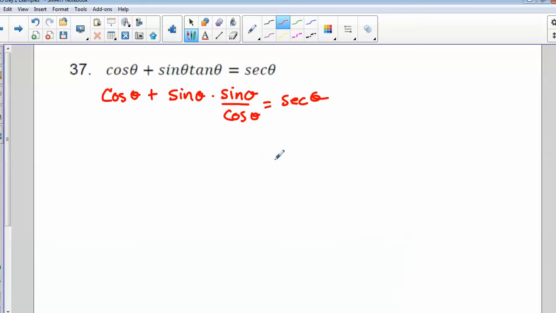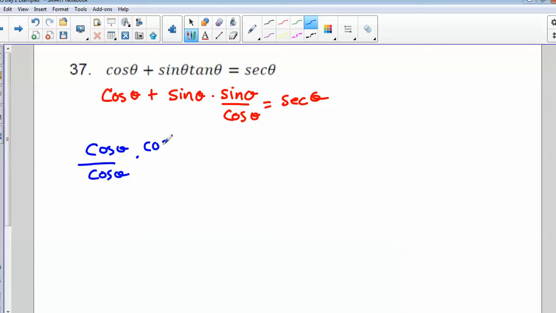Okay, so that didn't cancel anything out like I had been hoping, but I do have sine times sine is going to give me sine squared in my numerator. If I want to combine these two into one term, I'm going to need to have a common denominator. So I'm going to multiply my first term by cosine over cosine so I can have a common denominator of cosine. So cos theta over cos theta